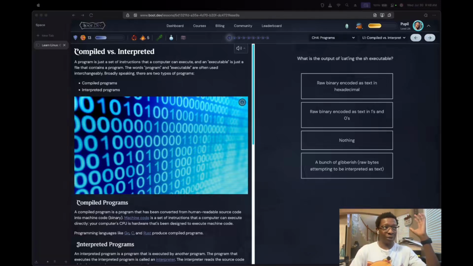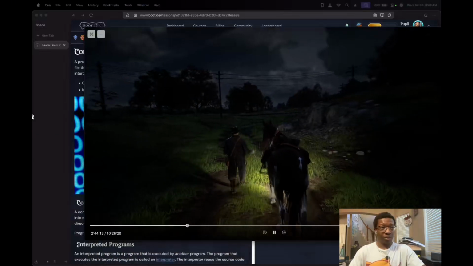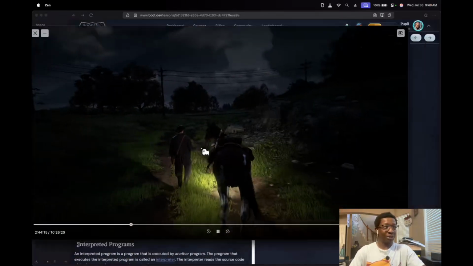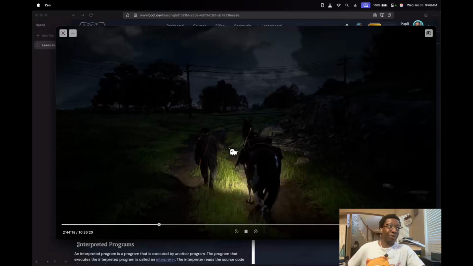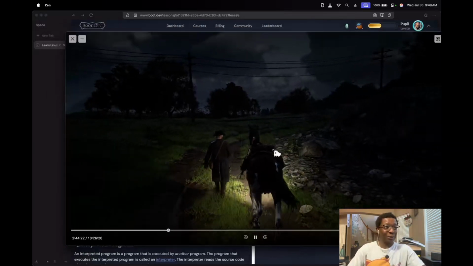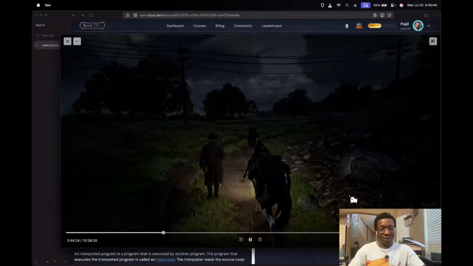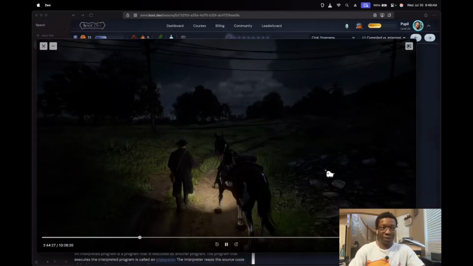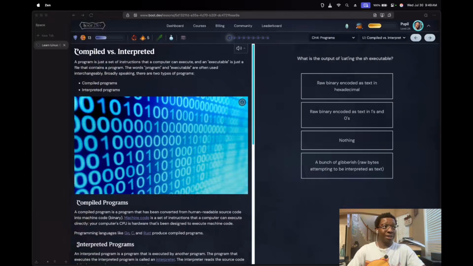If you're hearing something in the background, that's basically the Red Dead I'm playing in the background. I play playthroughs, people walking in these games, to watch while I'm coding. I find it pretty relaxing, so that's the background sound you're hearing there. I'll turn it down a little bit so it's not as loud. I have no idea what it sounds like, but